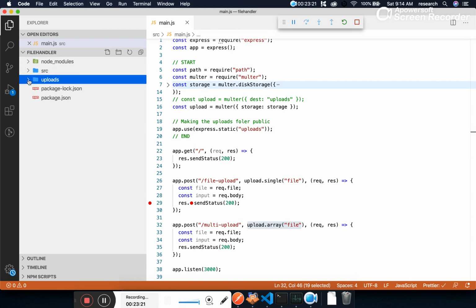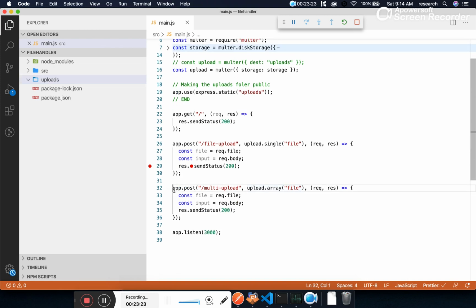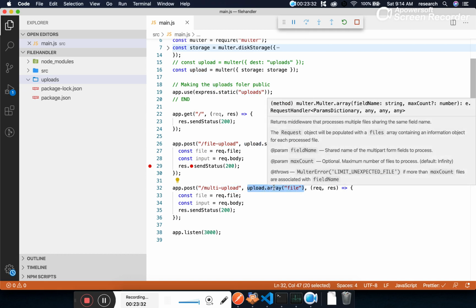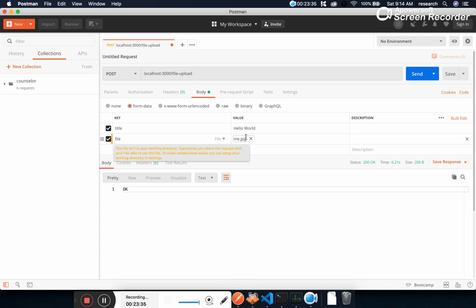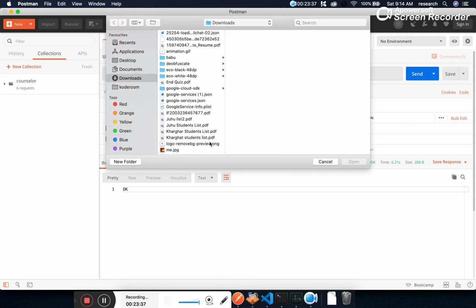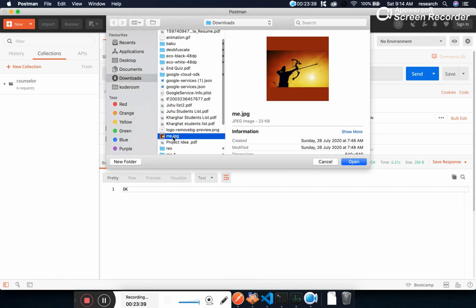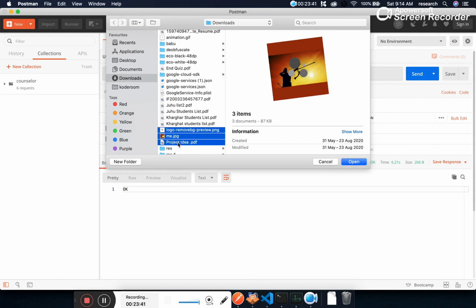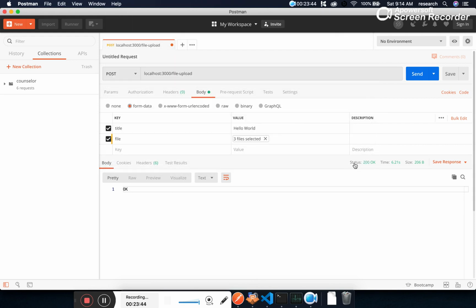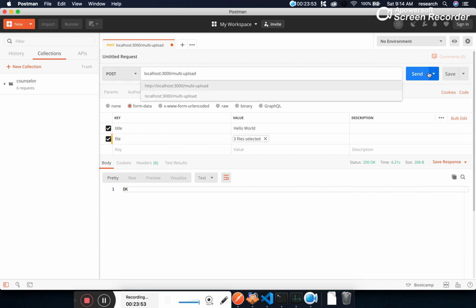So our folder is right now empty. We have created a new API. This new API has an option to upload multiple files, so upload array. Now let's go to Postman and select an option. This time I will be uploading multiple things, let's suppose one image, a second image, and one PDF file. Okay, and here we have to change the URL to multi, and the method is post.